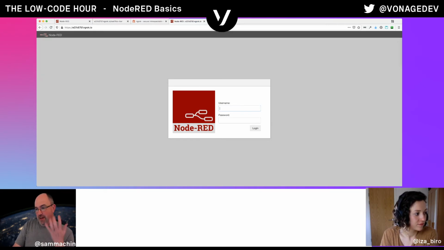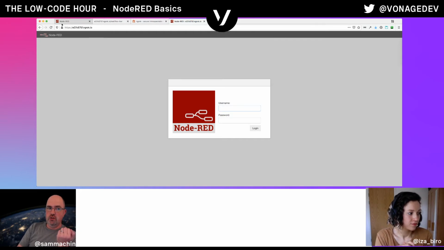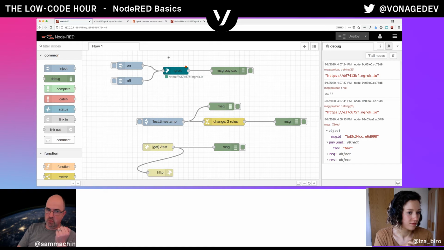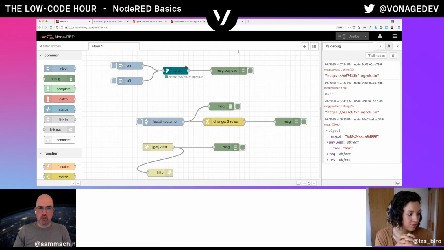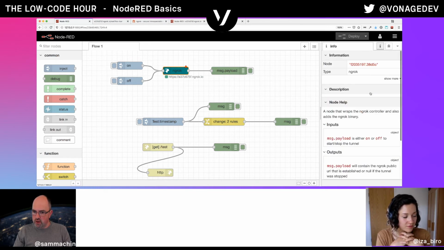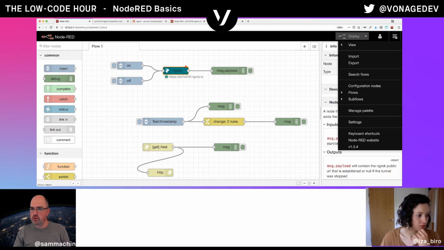However, if I hadn't secured my NodeRED because I was using it by default out of the box, it would have just let you straight into the editor like that. So this is why it's important, if you're going to run something like ngrok to expose your NodeRED, that you secure your NodeRED, which I think, if I remember rightly, is in the help docs for ngrok somewhere. It's in the flows package page when you look at a node,